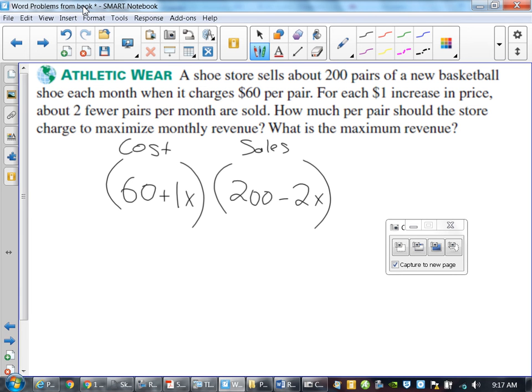Yes, ma'am. Because it says $60 per pair, I feel like it'd be 60x. Yes, I see where you're going with that one. And you're right. If you sell 10 pairs of shoes, it would be 60 times 10, which gives you 600. Yeah. But the next line though says that